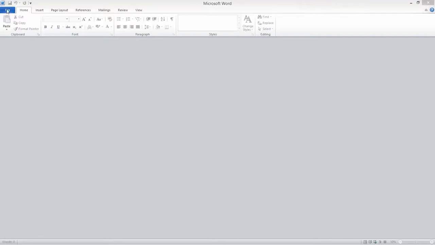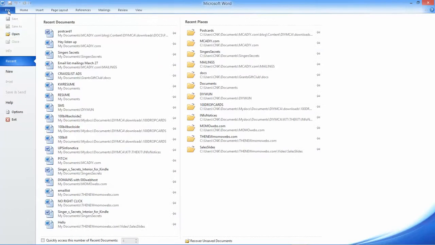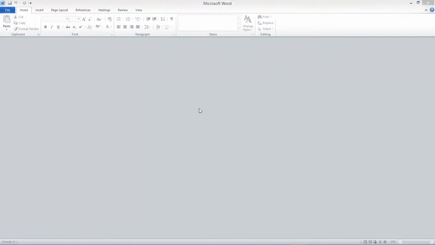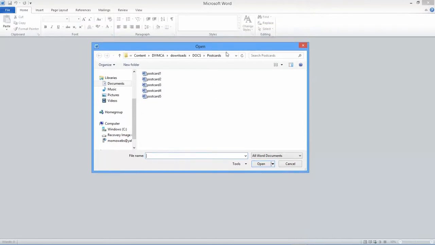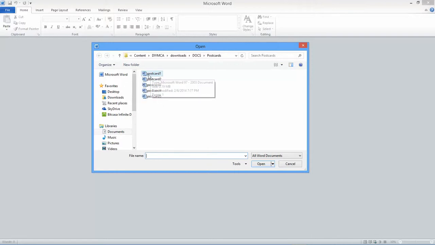So the first thing you want to do is obviously open one of the templates that are in one of the folders that have a DOC extension. DOC means document, and alternatively, you can use OpenOffice, and their Word editor will open these documents as well. So I'm just going to open this document that says Postcard 1,